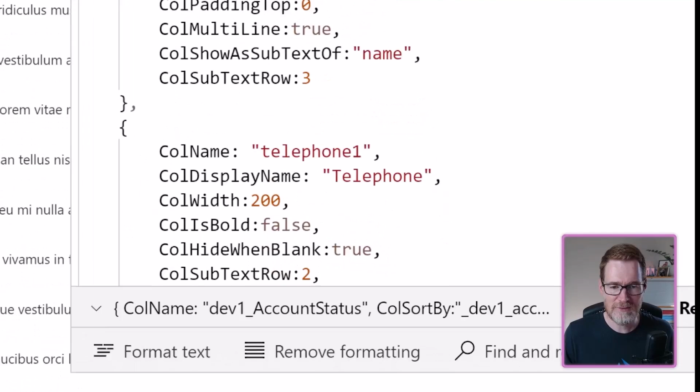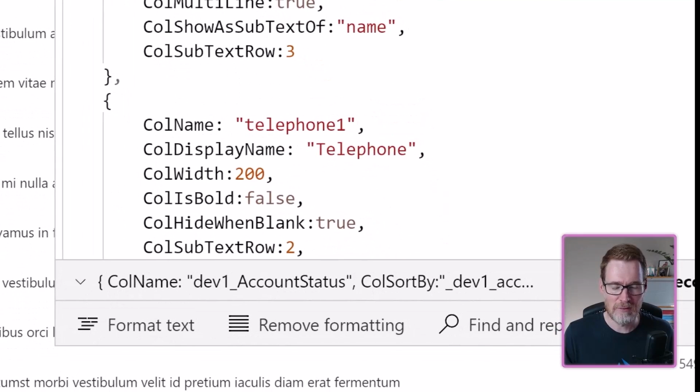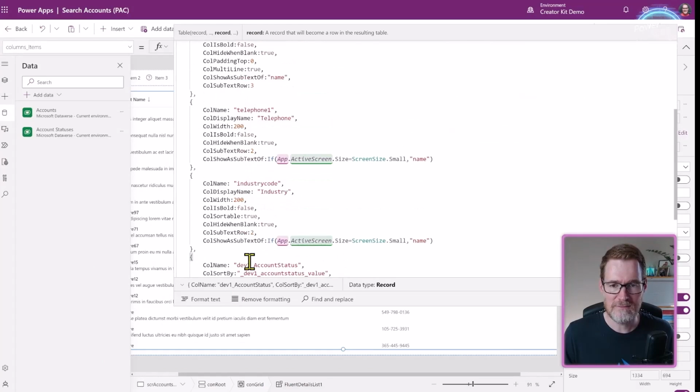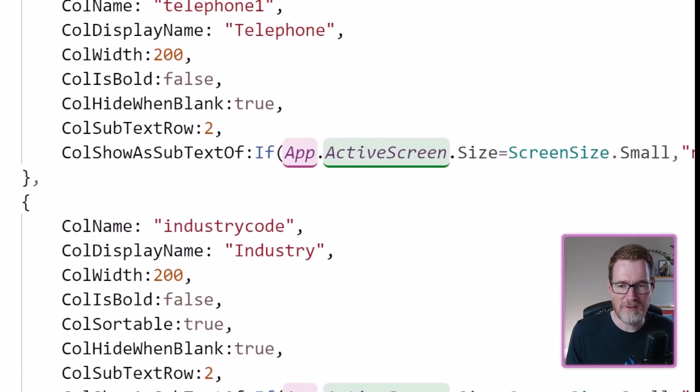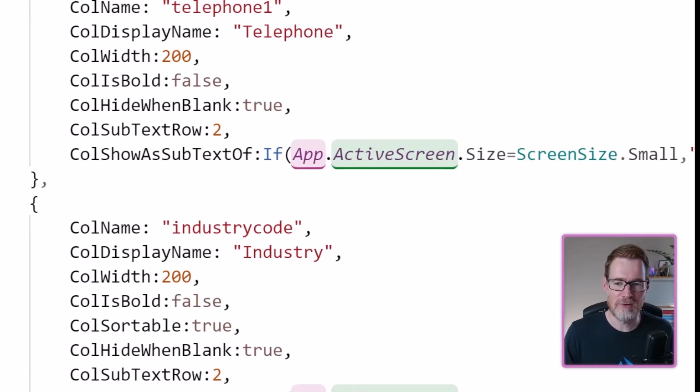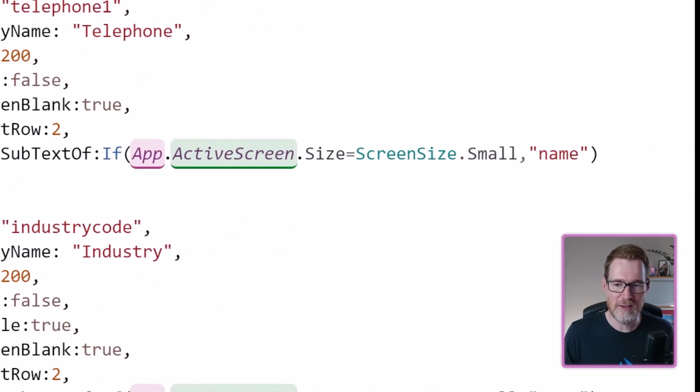And so the next one down, the telephone column. Okay, so that is very, very similar. However, it's now got a condition on show subtext of. So what we've got here is we've got only show it as a subtext of name if the size, the